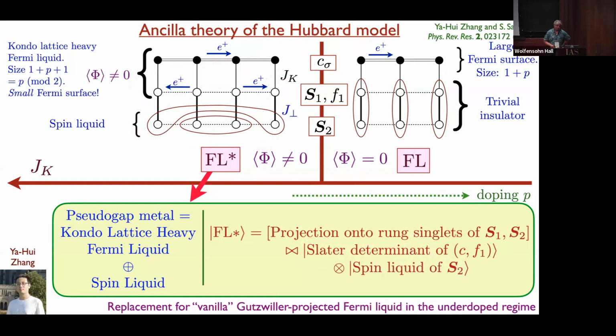All right, and that gives you then a trial wave function for this doped spin liquid, which has a small Fermi surface of electrons. I mean, there's lots of wave functions for holons and other exotic objects, but what we need, and what experiments seem to tell us, is a wave function for electrons.